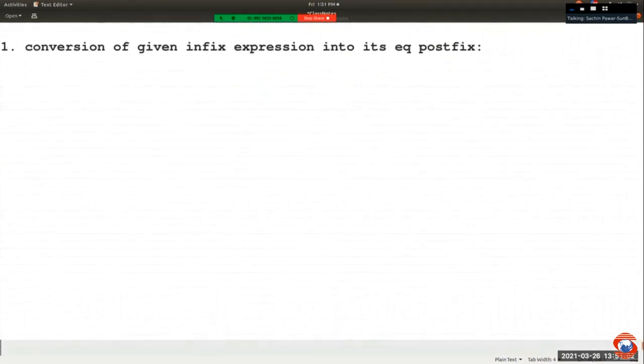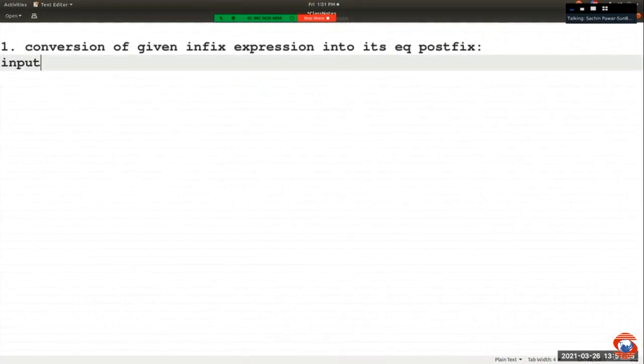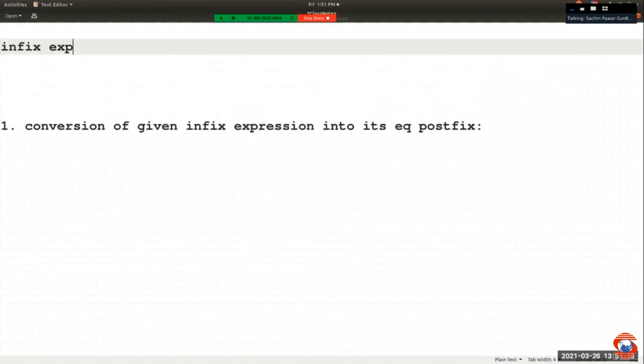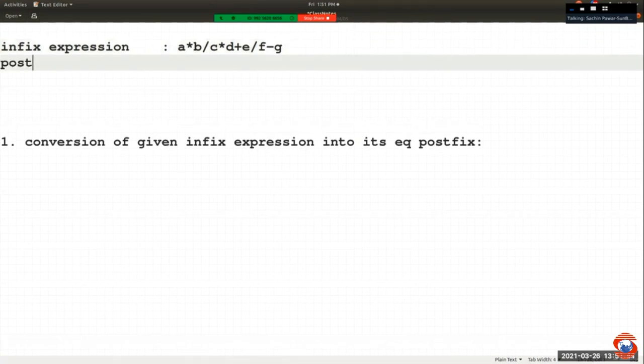Right? So we are having first input with us. अब बोलो इस algorithm का input क्या रहेगा? Okay, before moving to algorithm, pay attention. Before moving to algorithm, first we'll check how to convert it on paper. अरे paper पे कैसे convert करते हैं वो देखते हैं, right? So let's say infix expression, right? Okay, I'm having, let's say, one expression with us, A star B divided by C into D plus A B C D E, right? Divided by F minus G, right? So sir, ये कौन सा टाइप का expression है? This is which type of expression? This is infix expression, right? Now, if you want to convert this expression into its equivalent postfix,